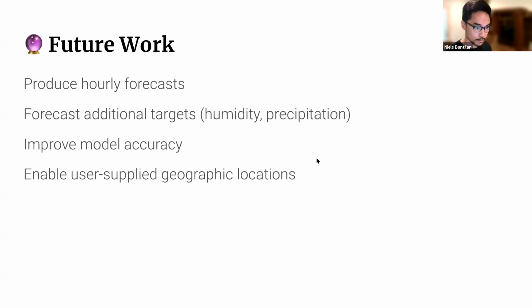Future work, you know, again, these are prototypes to just show what Flyte is capable of. But if we were to do more work on this, produce hourly forecasts. The data is collected at the hourly level, I'm just aggregating it for the purpose of this prototype. We can additionally forecast other targets like humidity and precipitation, which would provide more information to users. Improve model accuracy, adding more features, getting a wider look back window,